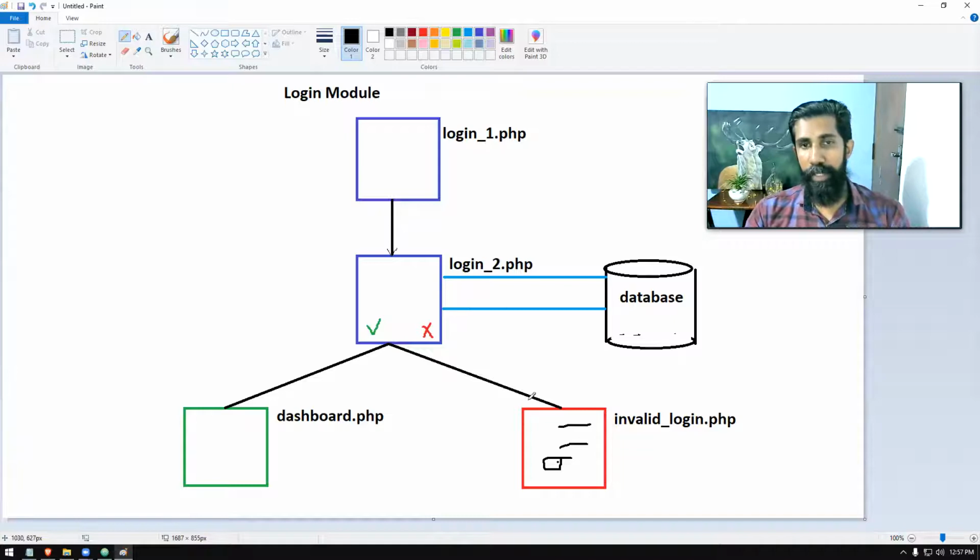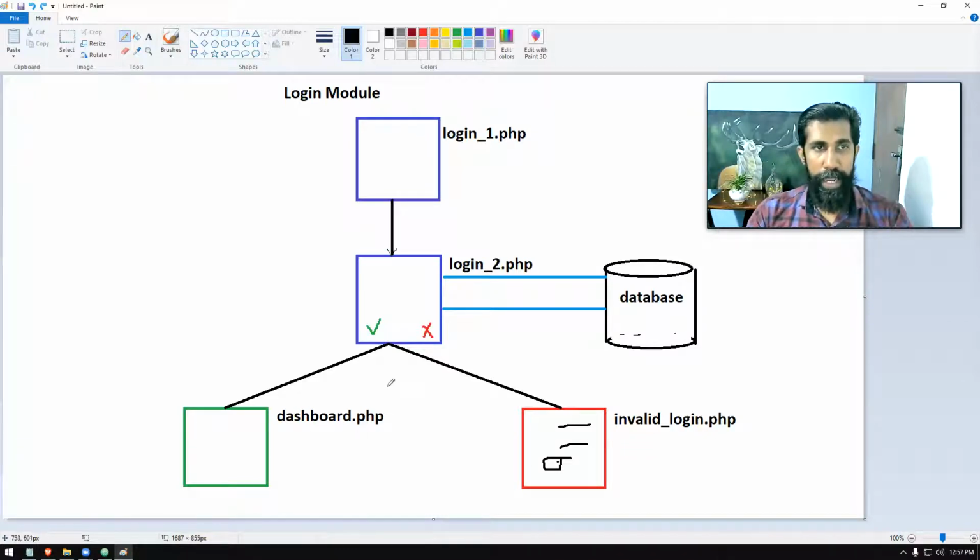This is how our task is going to get done. So here, this page is already done. We have already built that part. Database is there. We have to build a table. So we have to do that part first. We're going to build the table first. Then we're going to start building the login1.php. So step by step, let's do that one, right? Okay, so let's get started with creating the database table first.